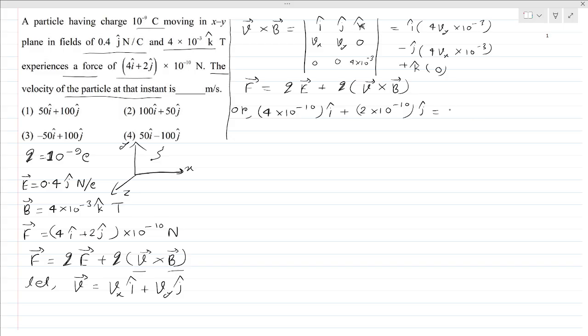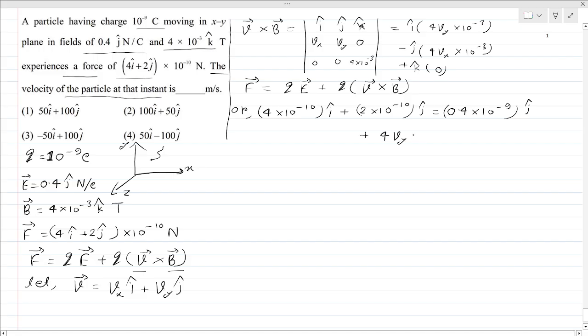So you can put the magnitude directly, 0.4 into 10 to the power minus 9. q E vector is in j cap, so you can put j cap plus q into v vector cross B vector. As you can see, v vector, 10 to the power minus 9 is given, so 10 to the power minus 9, and on this side also there is 10 to the power minus 3. So let's write the magnitude for Vy into 10 to the power minus 3